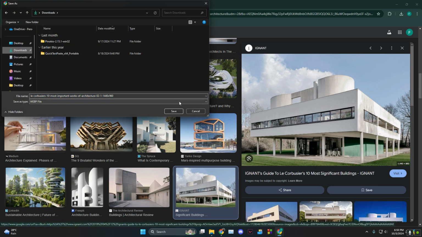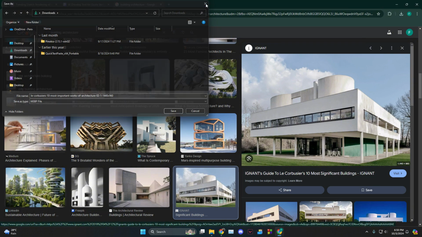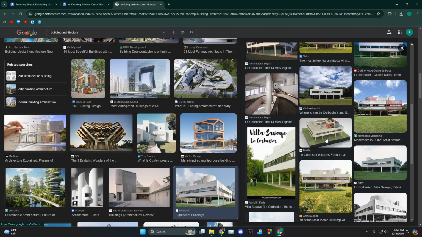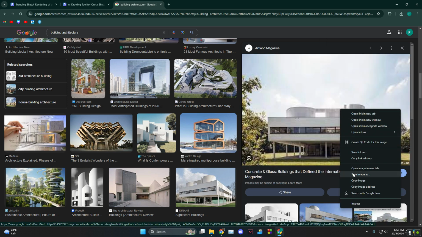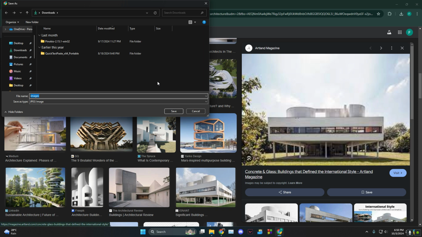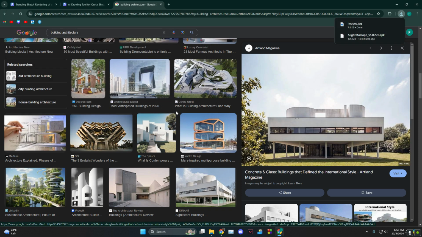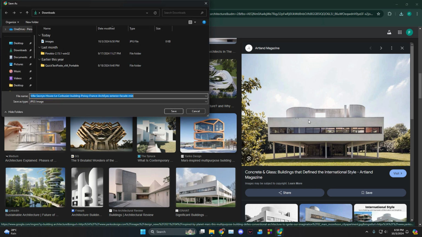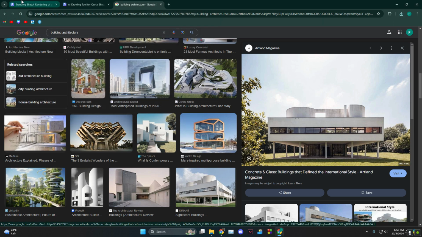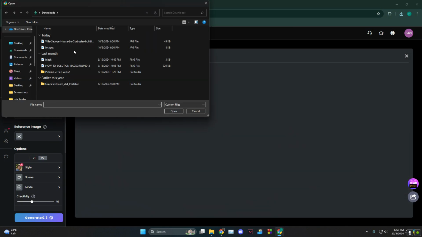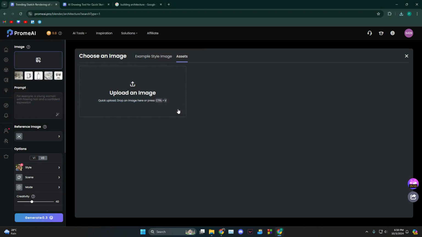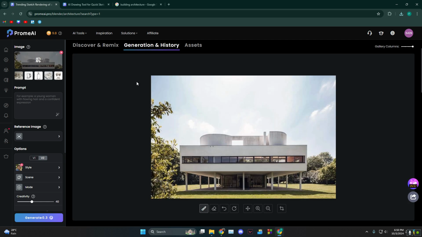into downloads and then just, oh, this is a WebP file. Let's say we go for this one, and then we wanna, okay, this is a JPG file, so we're gonna save this one and then we're going to click on image, upload an image, upload this one and then open, and then it's